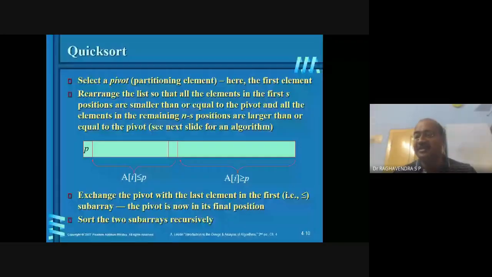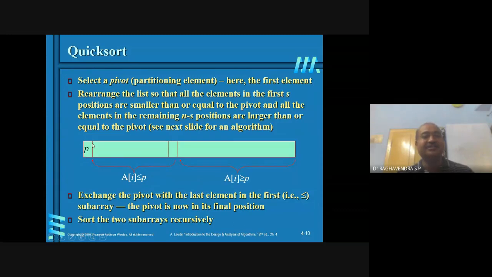So this is quicksort. The name itself gives the meaning. This is a sorting mechanism which is very efficient because the sorting process is very fast. That is why the name quicksort has been given. So how does it work? If you consider a given array, the array is divided into two portions, first half and second half, and we select a separate element called the pivot element. The pivot element is also called the partitioning element. By default, it is always the first element.